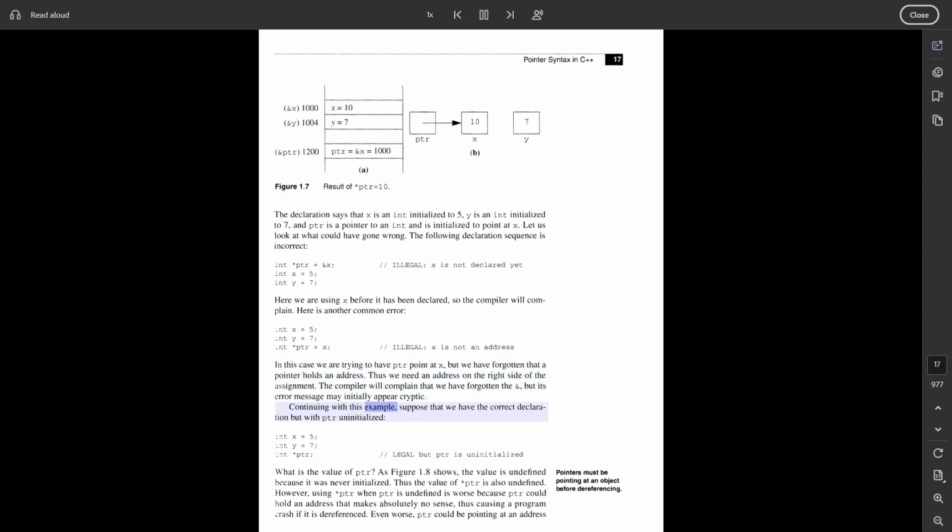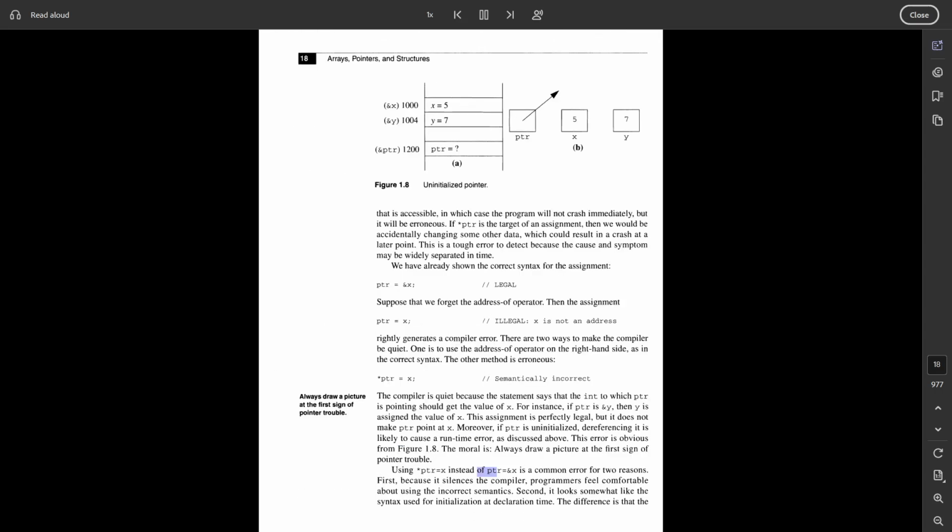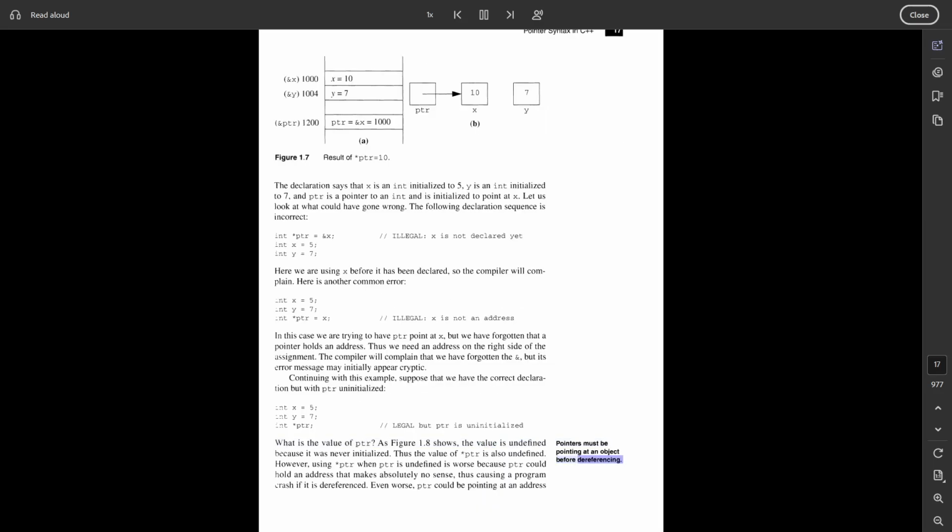Continuing with this example, suppose that we have the correct declaration but with ptr uninitialized: int x = 5, int y = 7, int *ptr; // legal, but ptr is uninitialized. What is the value of ptr? As figure 1.8 shows, the value is undefined. Pointers must be pointing at an object, but ptr was never initialized. Thus, the value of *ptr is also undefined. Before dereferencing,